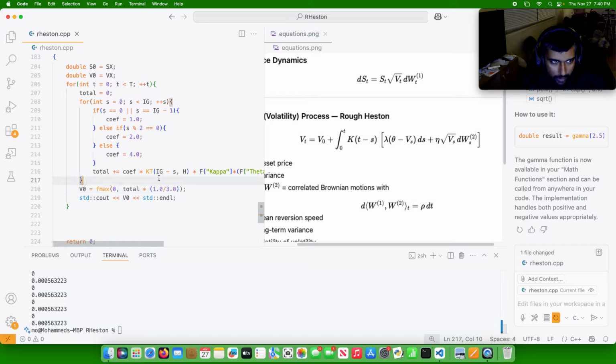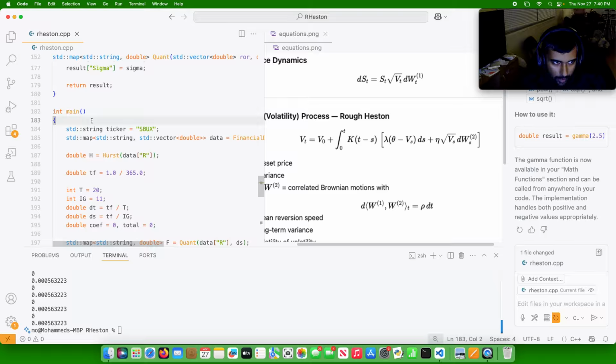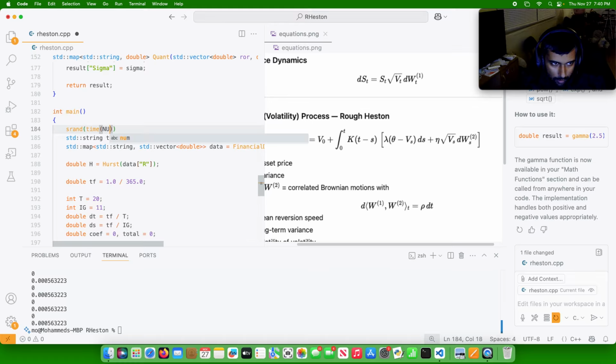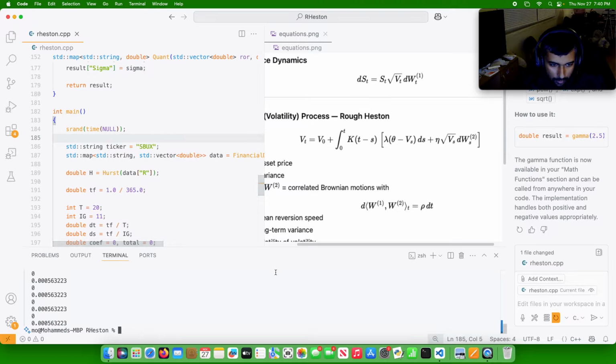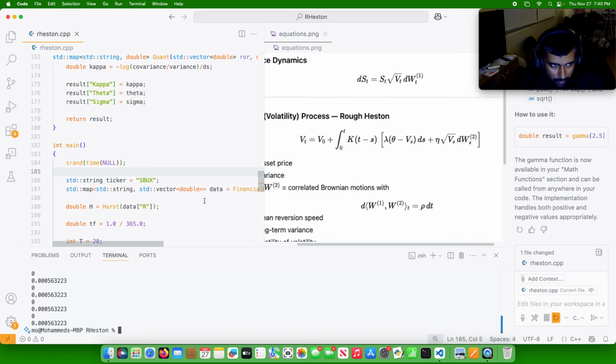Okay, so now I know what the issue is. It is not changing the random numbers. So I need to come over here and do srand(time(NULL)). So this will probably give me different parameters. So let me go ahead and compile it. Clear, a.out. Okay, so it's giving me those same